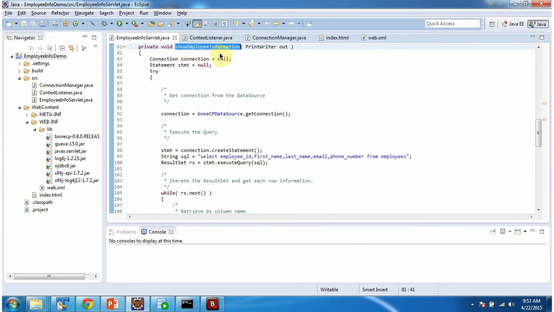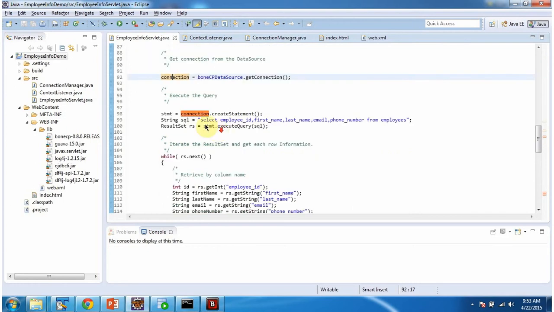In the showEmployeeInformation method, we are getting the connection object by calling the BoneCP data source getConnection method. And once we get the connection object, we are creating the statement object and then calling the executeQuery method of the statement object and passing the SQL. The SQL is select employee ID, first name, last name, email and phone number from the employees table.